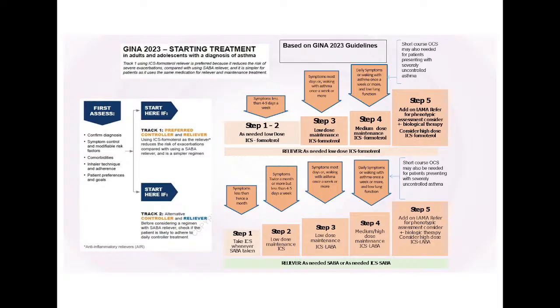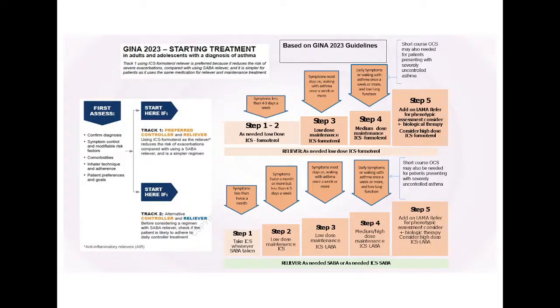Symptoms are persistent most of the days, or nighttime awakening. Nighttime awakening means nighttime awakening with symptoms most of the days, once a week or more. Then low dose maintenance inhaled corticosteroid plus formoterol. So we have to use continuous low dose maintenance inhaled corticosteroid plus formoterol, and in Step 4 the same features are there as in the previous two also. Daily symptoms, nighttime awakening once a week or more, and low lung function has been added in this step. So here, apart from these symptoms, lung function is also affected.